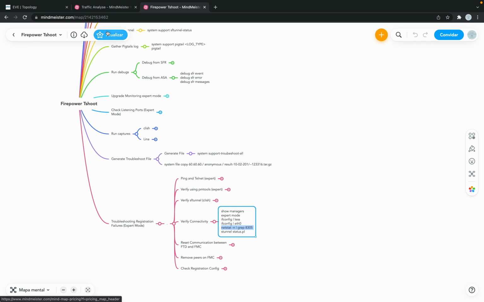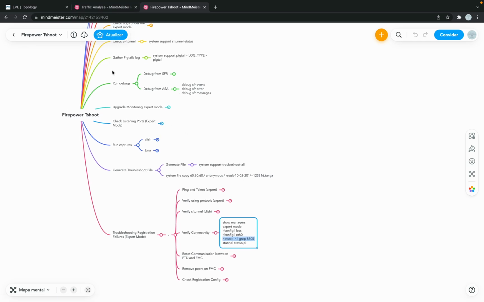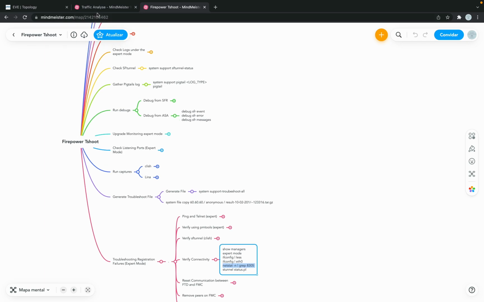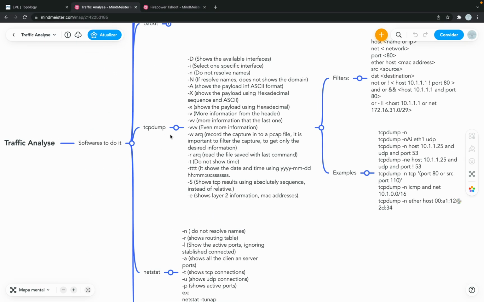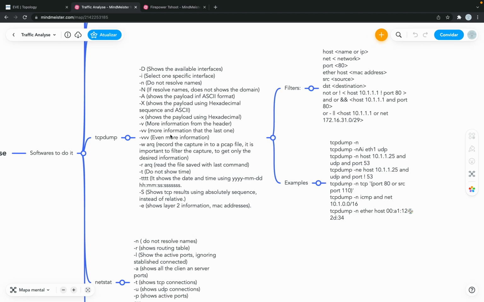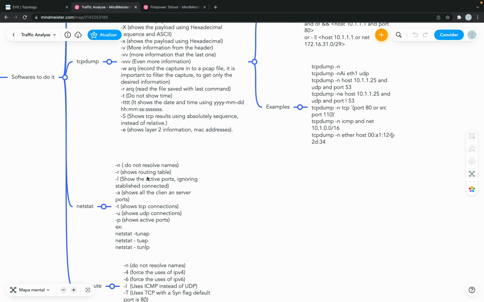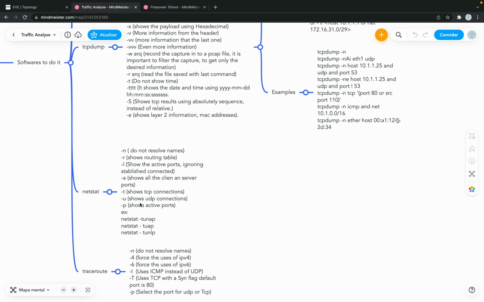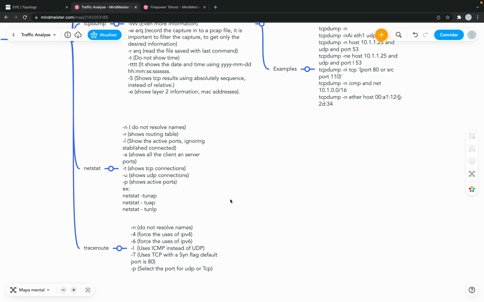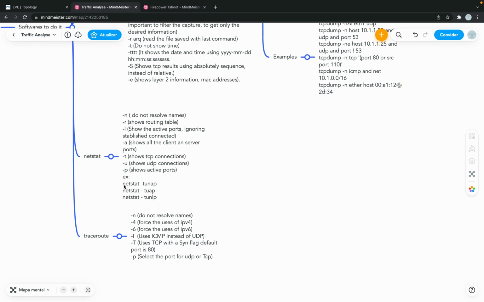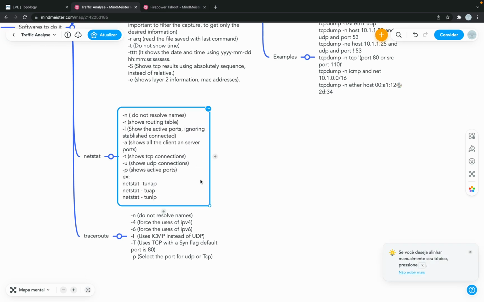So let's keep going, but we will capture some traffic also, right? So here are some notes that I have for tcpdump, for example, for the netstat. For example, minus n is do not resolve names, minus a shows the client and server ports. So there are some examples of how to